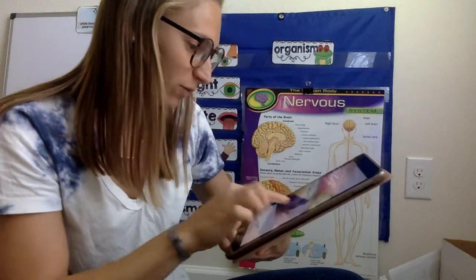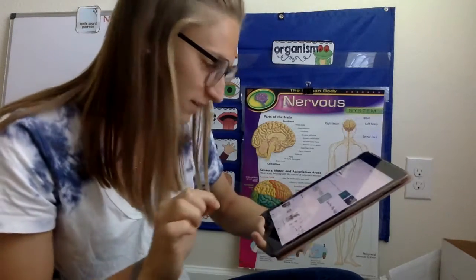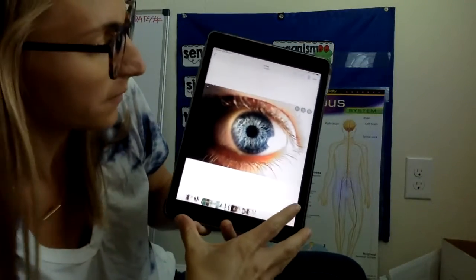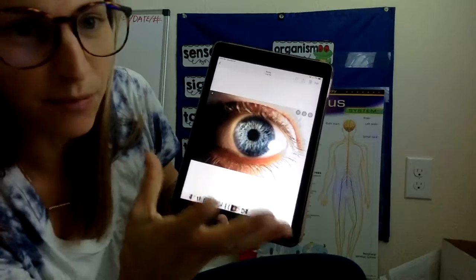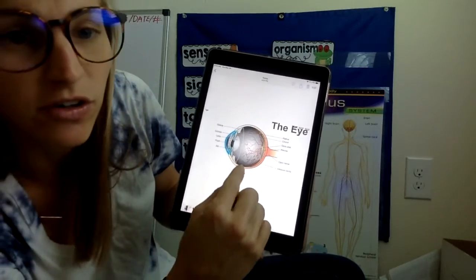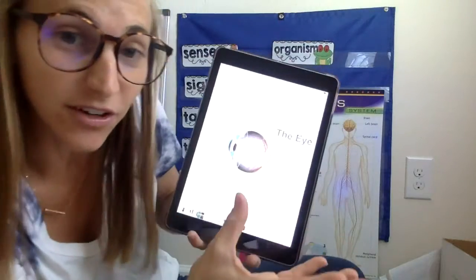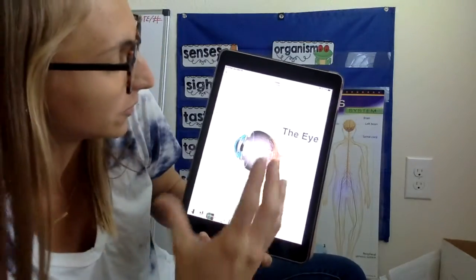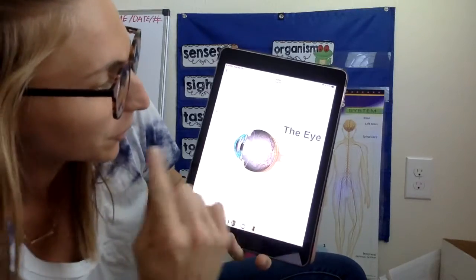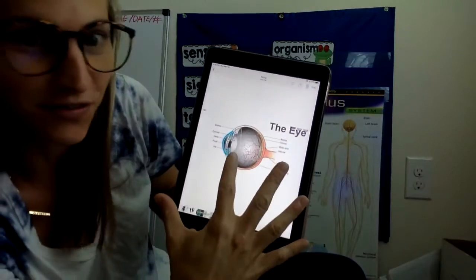The one we just read was our eye. So it first said, here is the organ. It was your eyeball, okay? Now, it's not just the eyeball that makes you see. I'm going to swipe it. You have different other organ systems that work together to make that function be able to work. So you have your iris that we read about, your lens, your pupil, your cornea, bunch of other fancy stuff.